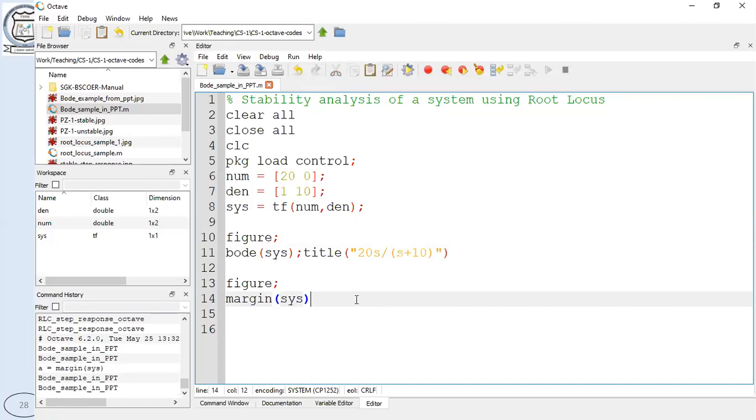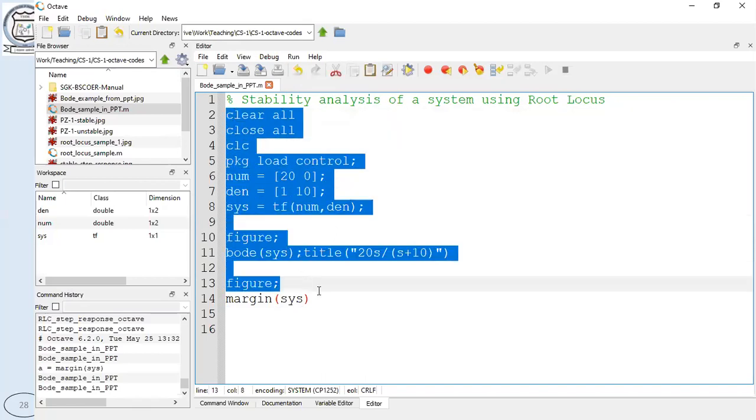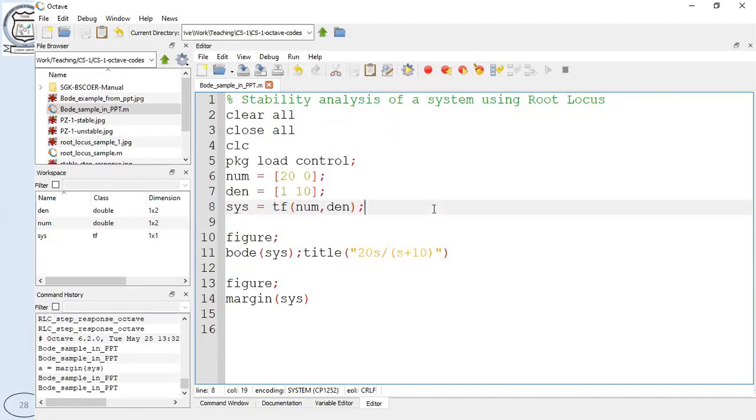One additional thing: I am showing you the Octave codes, but except for one particular command which is specific to Octave, this program will also run in MATLAB. If you happen to get MATLAB from somewhere, or a trial version from